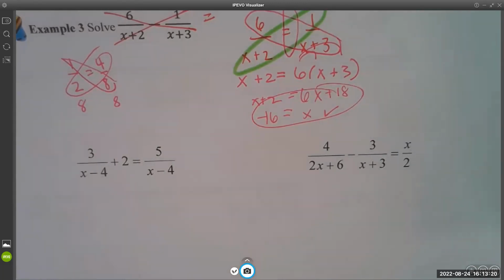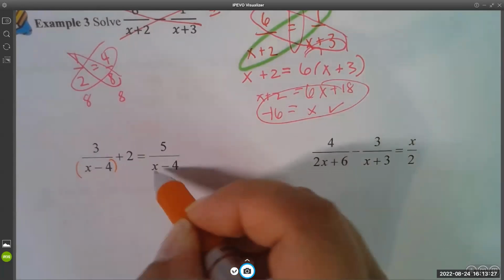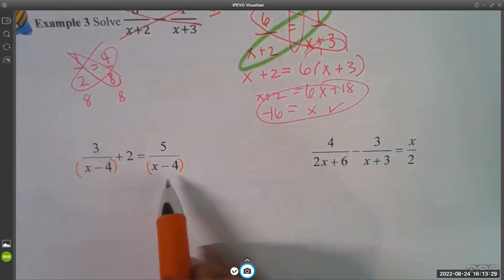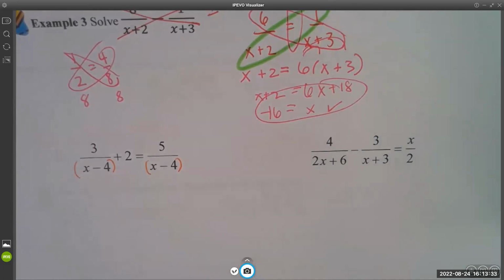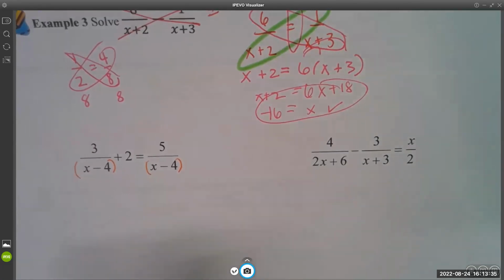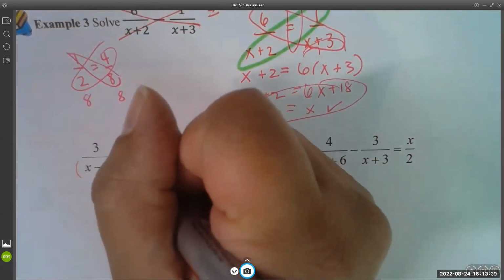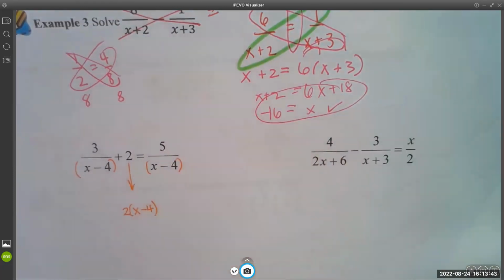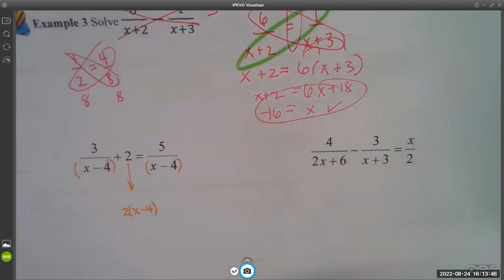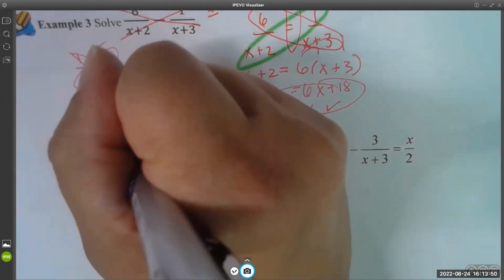You can pause the video and then I'll show you the answers. Okay, so this one, again, very similar. X minus 4, you can't view it as two different things. X minus 4 is the denominator. It's not x is the denominator, -4 is another piece. And so what I'm going to do is take this one and multiply it by x minus 4. And basically, if x minus 4 is your common denominator,